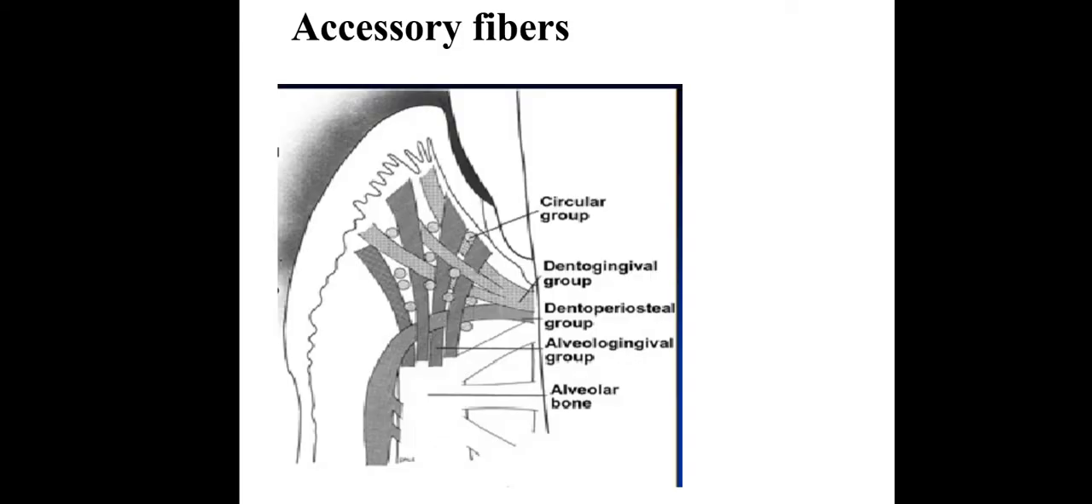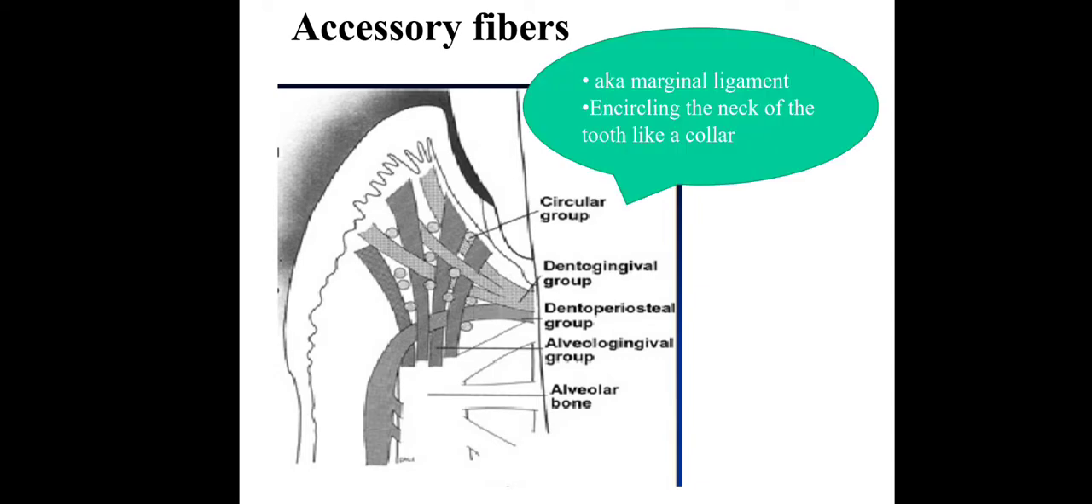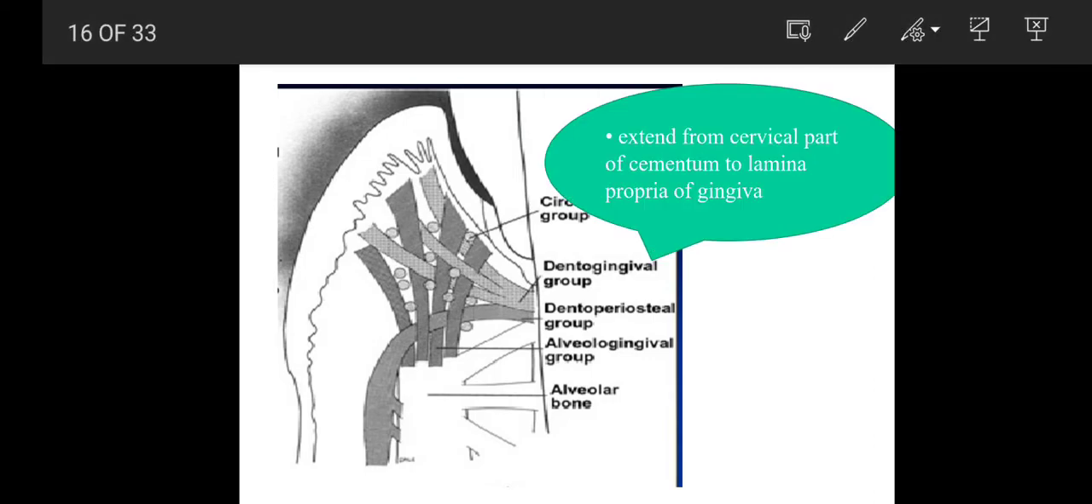Next are the group of accessory fibers. Accessory fibers, as the name suggests, play an accessory role in the functioning of the periodontal ligament. The major group of accessory fibers present in the periodontal ligament are circular fibers. The image we see here is actually